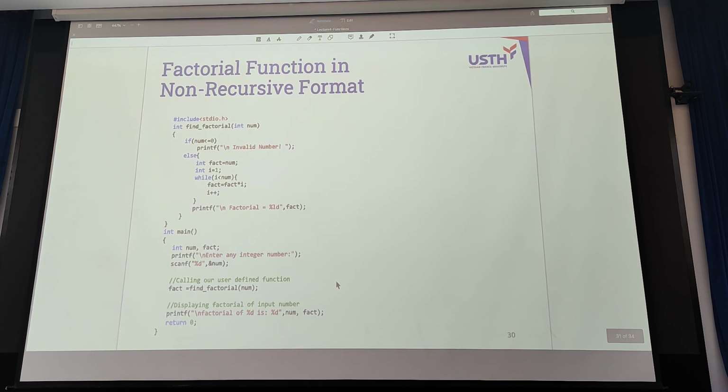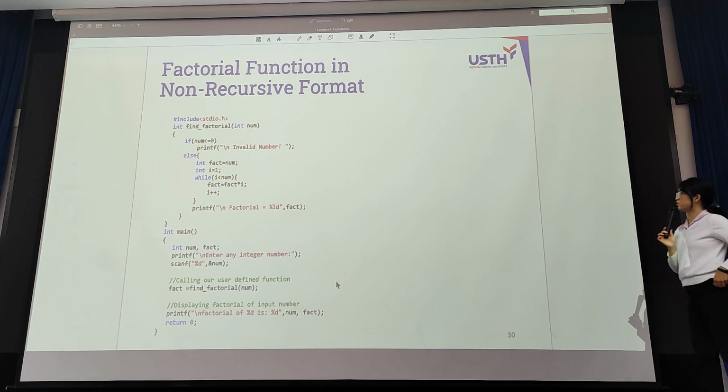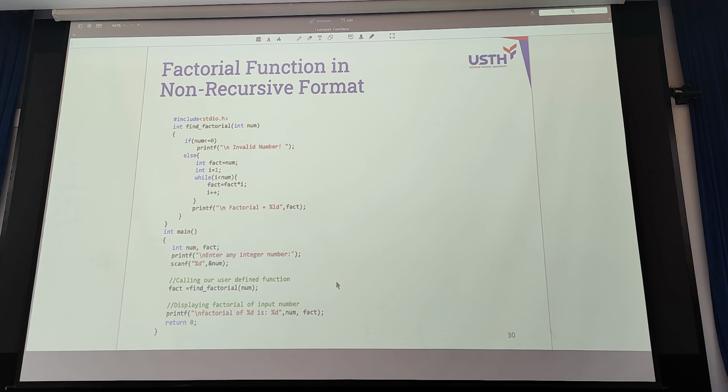The same task, but in non-recursive format. The non-recursive format is over here. The same thing, to find the factorial of a number.